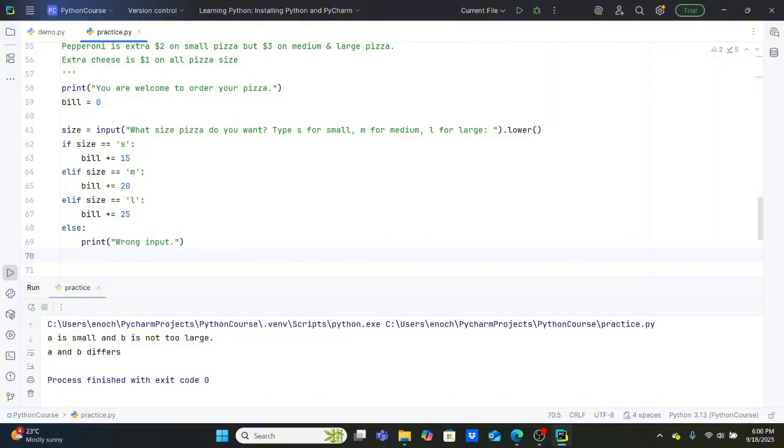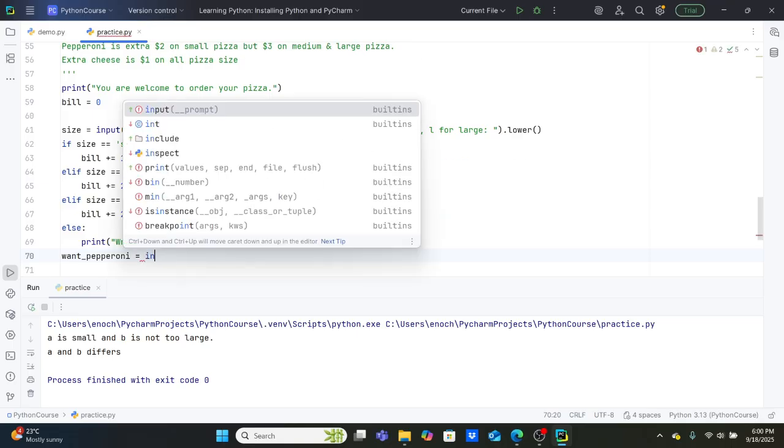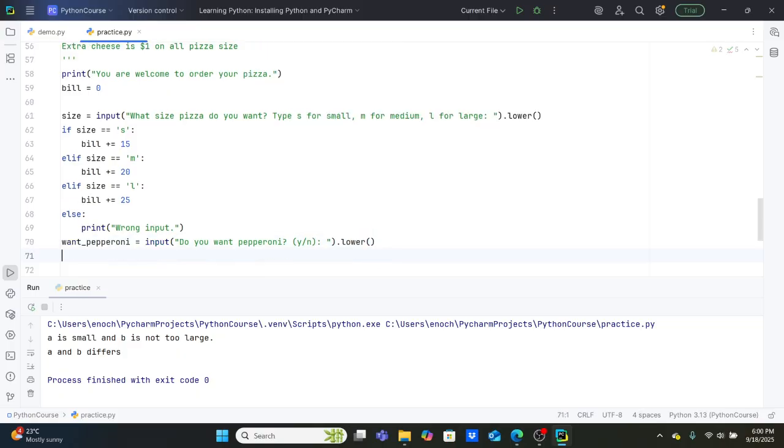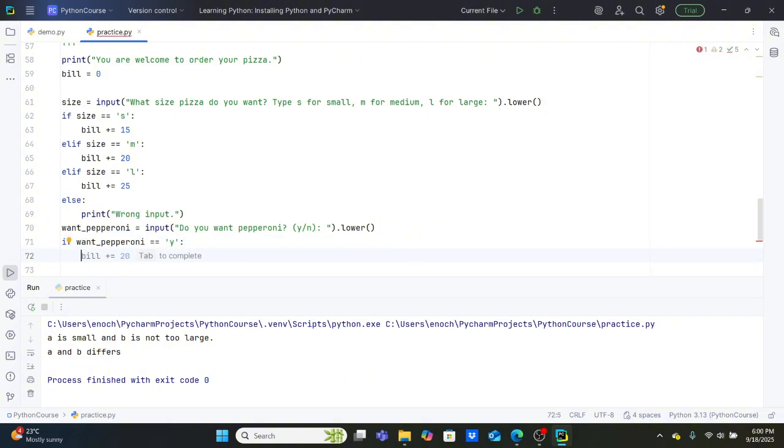Now let's go and do our pepperoni. So want pepperoni, then I will say input. We need to ask them if they want pepperoni. Do you want pepperoni, yes or no, with a lower like this, so that whatever the answer is, it will work. All right, want pepperoni. Now if want pepperoni is yes, then your bill will be plus equals 2. Before that, don't forget,